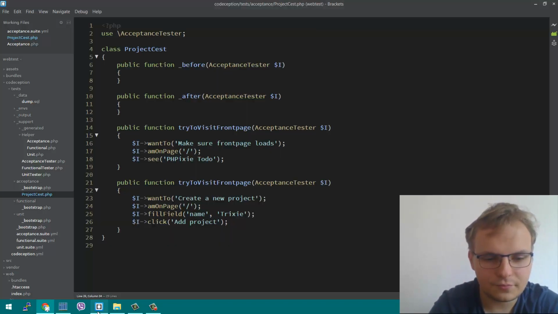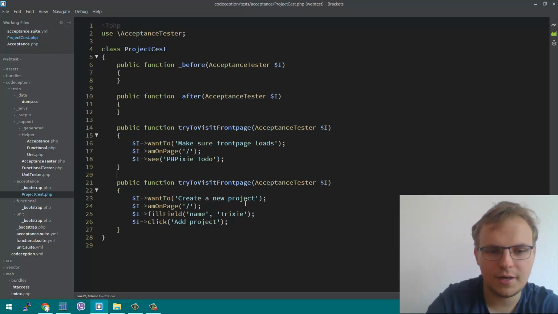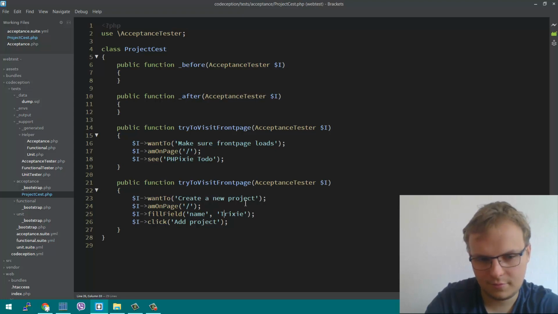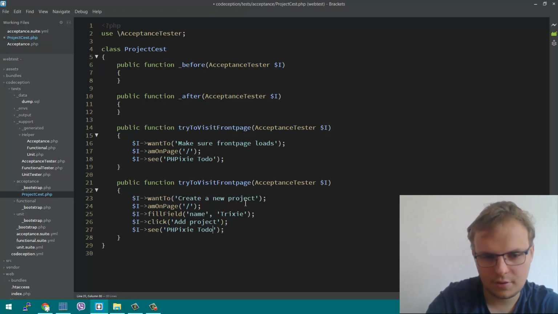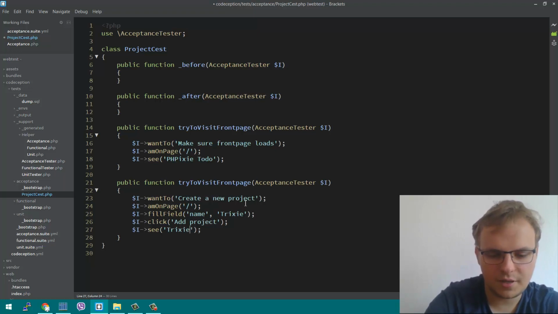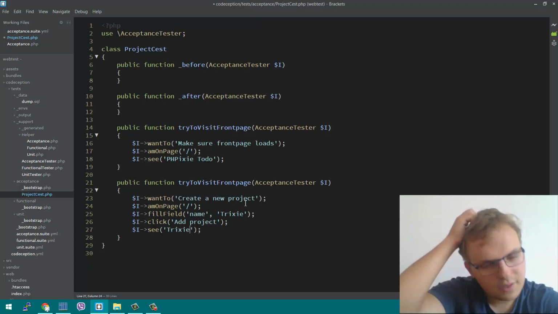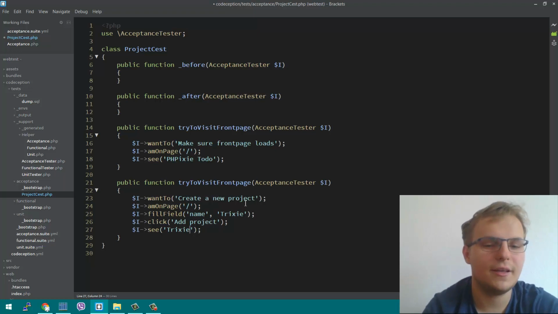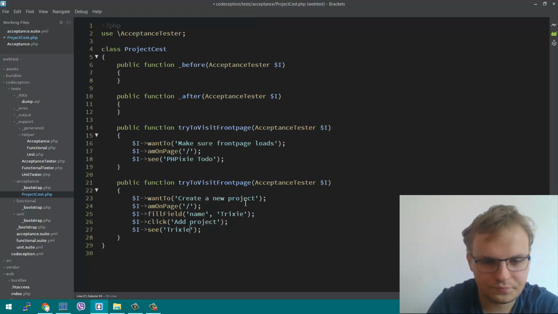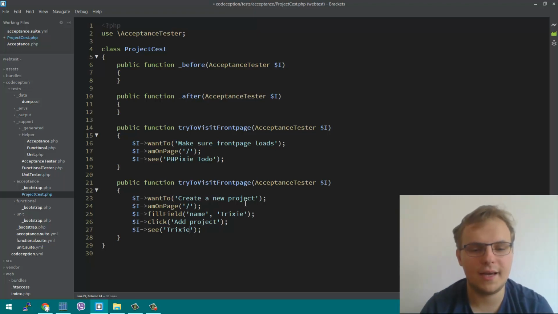So then I tell it that I want to see Trixie, but not just anywhere on the page, but in the H4 element. If you had a class, probably class would look better here. But so now that I see Trixie in H4,